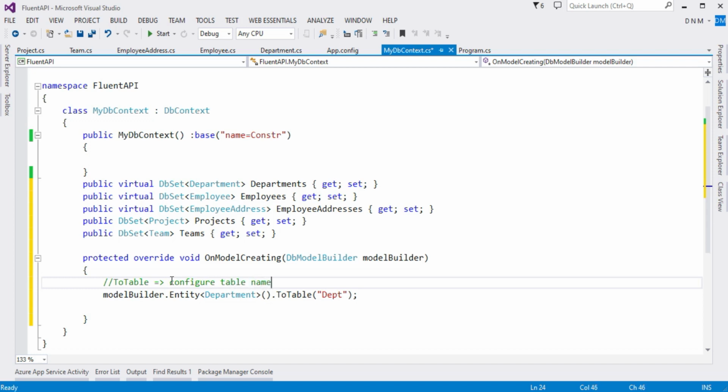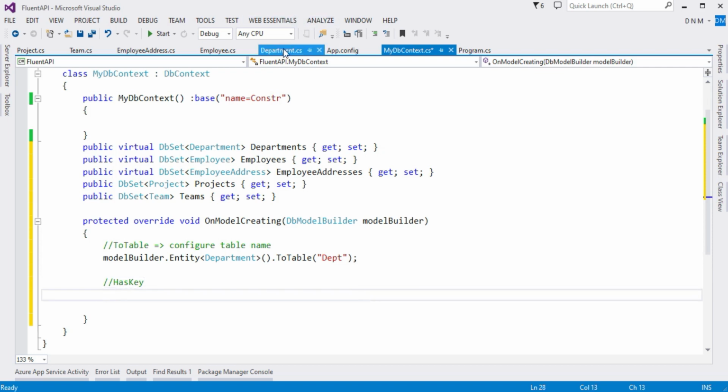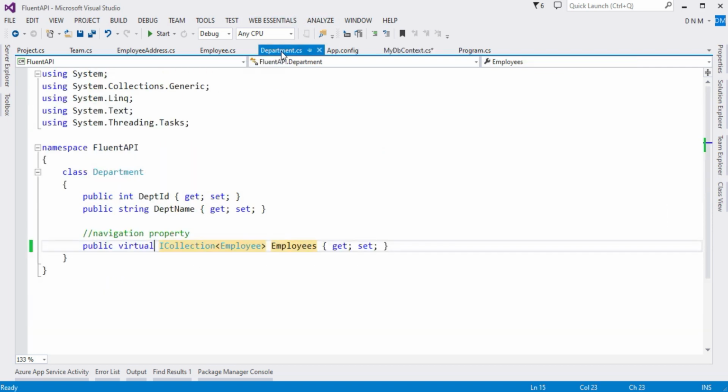Okay, now the next method that we are going to study is HasKey. HasKey is used to configure the primary key. So again I'm going to specify the primary key for this Department class, because as you can see here, this DeptID is not following the default Code First convention.